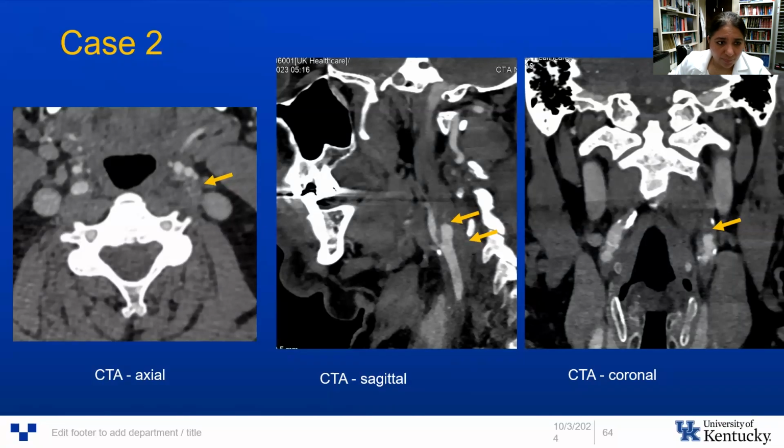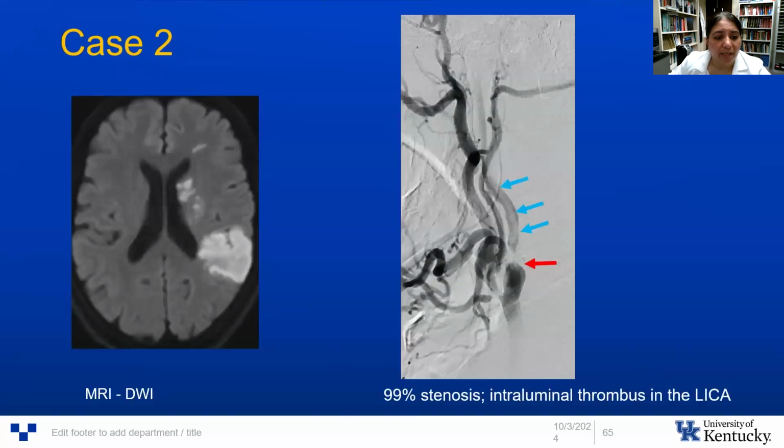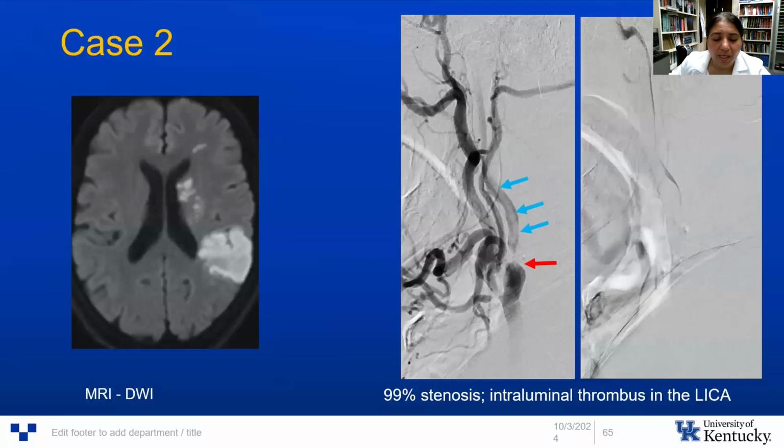In all these three images, axial, sagittal, and coronal, you can see that there is kind of an abrupt cutoff of the vessel, and there is a very thin streak of contrast which is passing further up into the vessel, and the rest of the vessel lumen is not opacifying. So this patient is symptomatic, and there is critical stenosis with possibly superimposed thrombus. On MRI also, you can see that there are areas of diffusion restriction, and here we have seen this picture before in this presentation, that there is a floating thrombus here with critical stenosis,